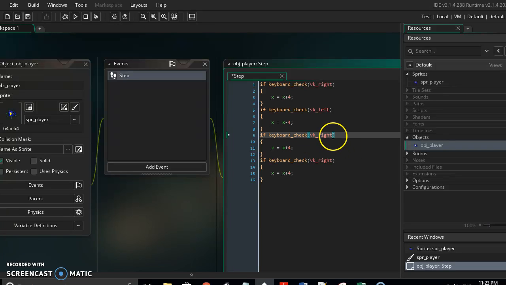Then I'm going to change this to up, and instead of x, what do you think we're going to use? Well, we're going to use y. And now if we're going to work our way down, well, then we're going to have y and y minus 4. So now if we run that,